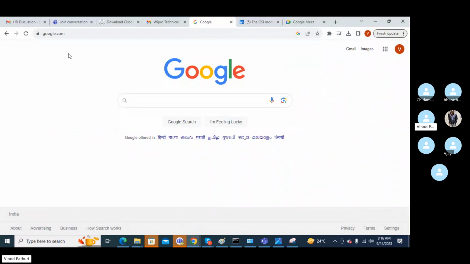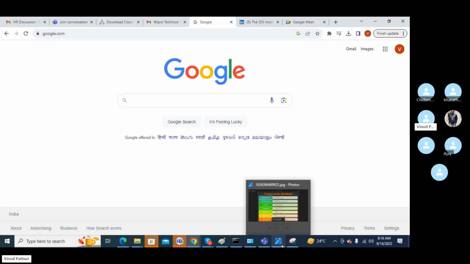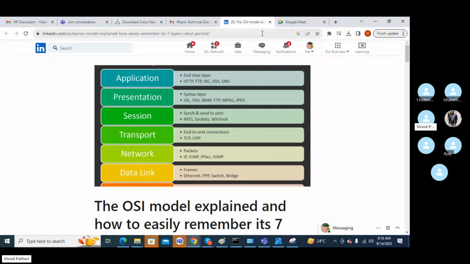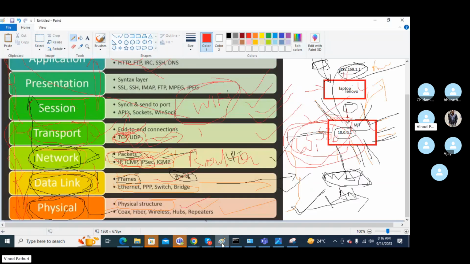And session management, like how the data needs to be transferred. And suppose you want to disconnect from Google. So after disconnecting, it should leave that session. So that's how we have the session layer for handling the entire session.